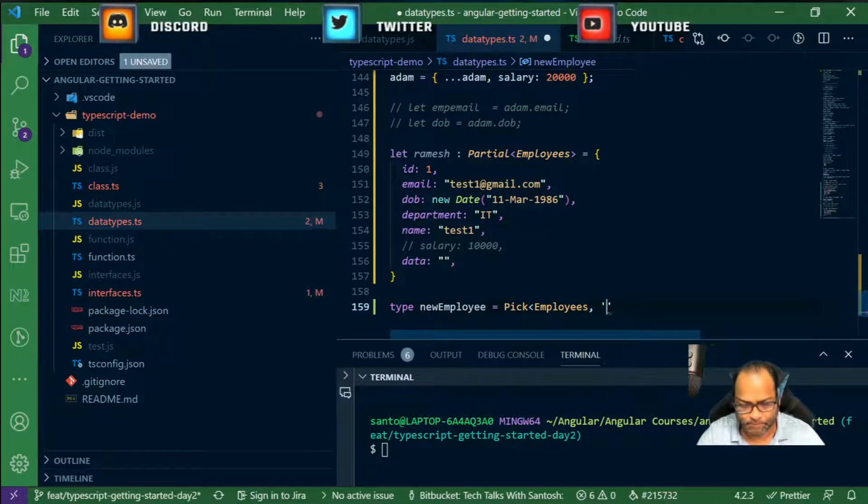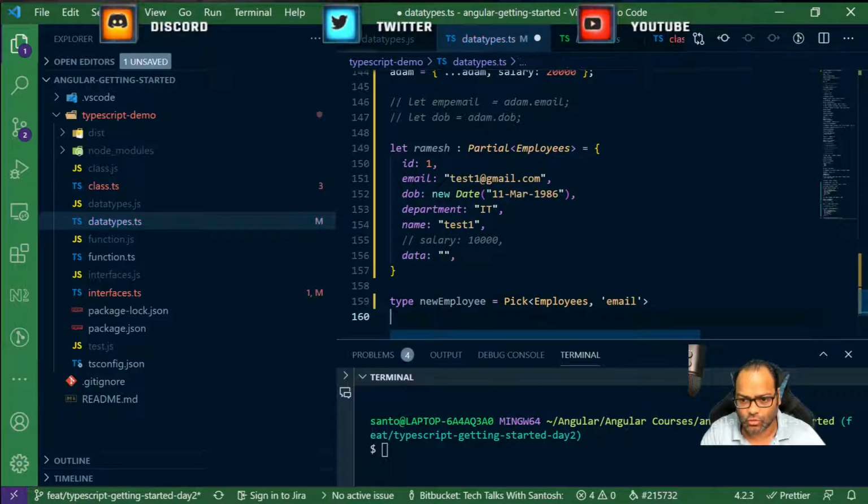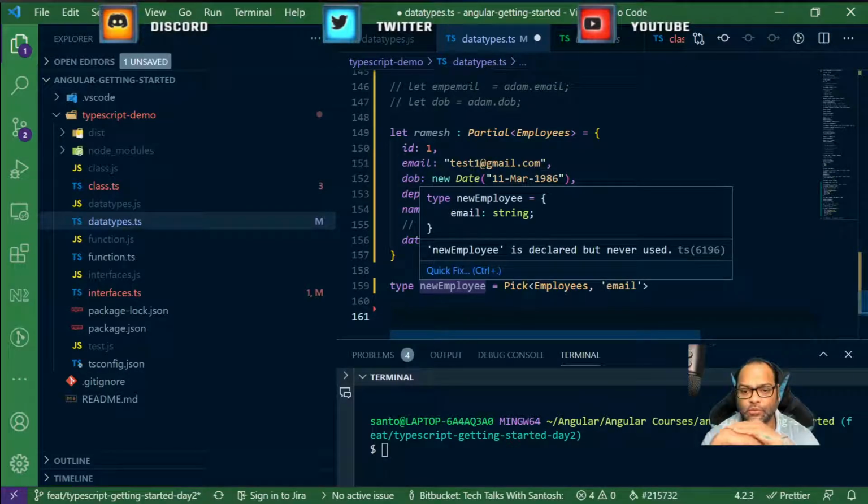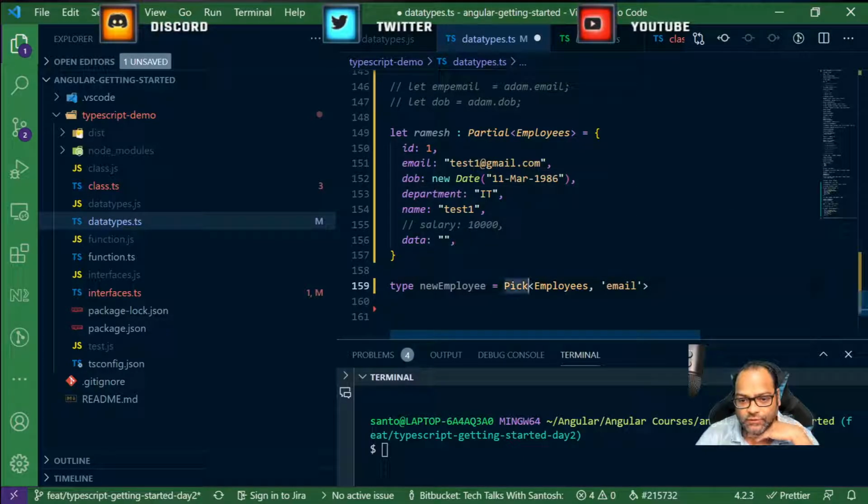Email. So let's say I have email, and this is what I can do. If you see the type of new employee, it has a property called email. So what we did is we picked a particular property from employees without creating a new interface. We just said, okay, this is the email property which I need from this particular employees. This is something which you can also do within the interfaces.